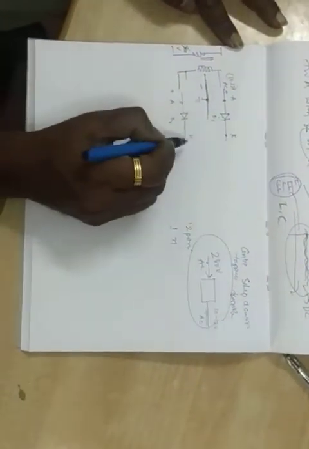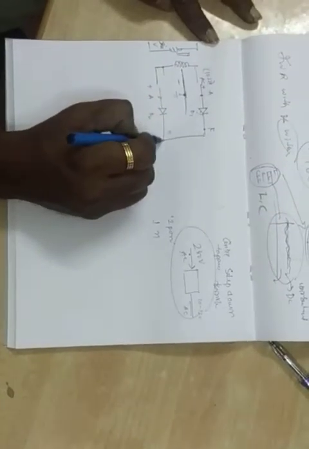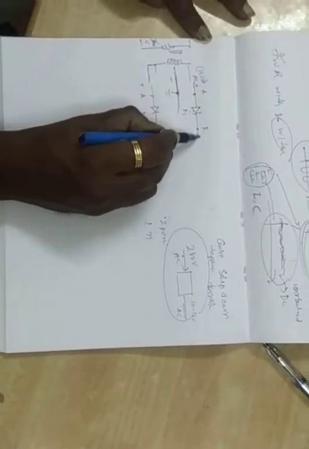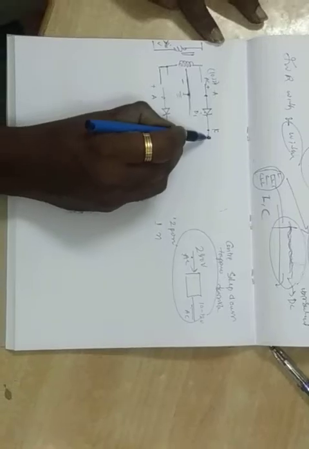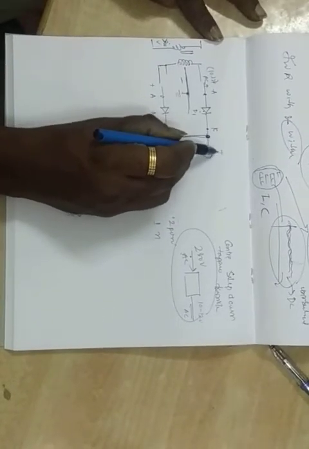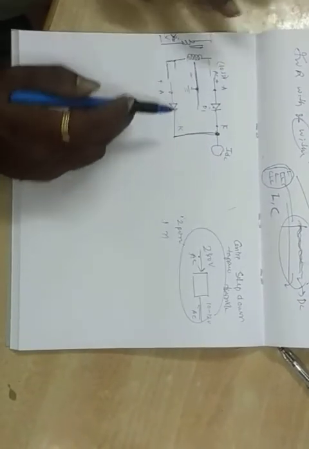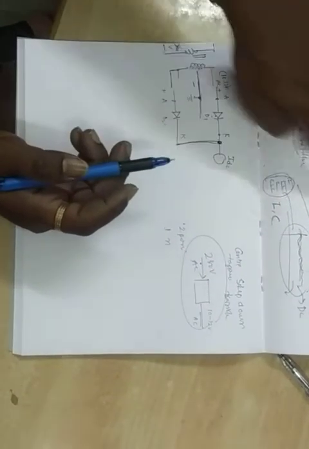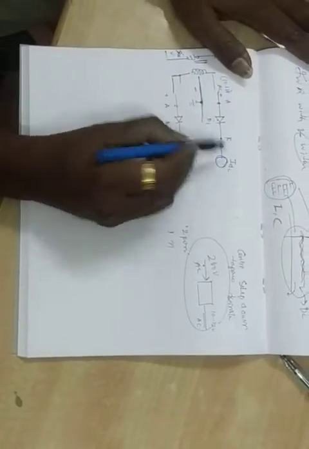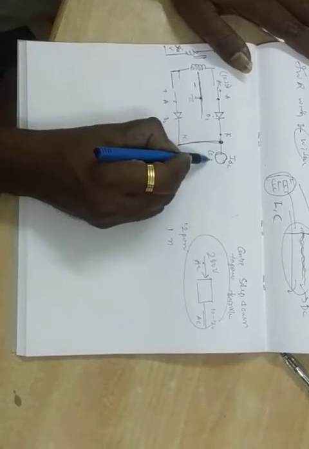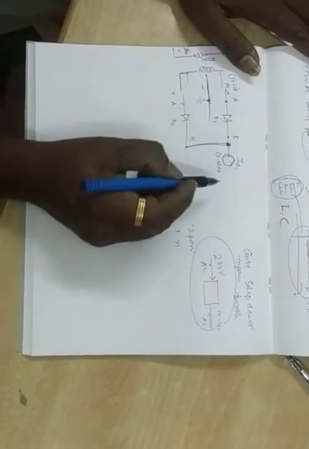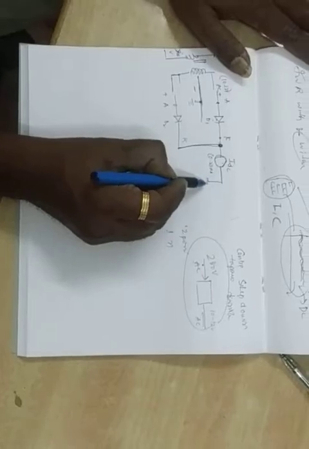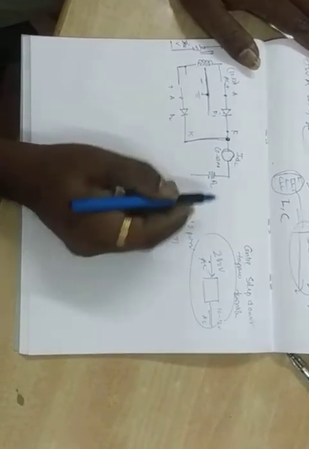These are the cathodes, and both cathodes will be connected at one point. There we connect one ammeter, a DC one only, because the input of the diode is AC and the output of the diode is DC. So we connect a DC ammeter, 0 to 20 milliamps, and one load resistance, called RL.